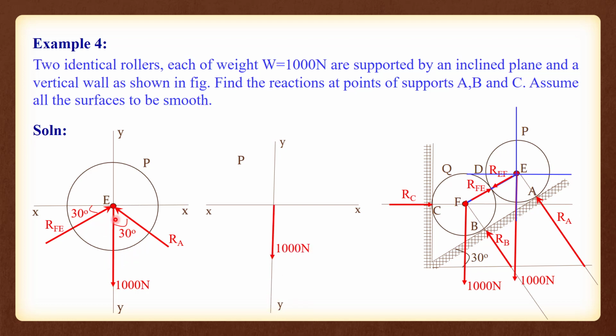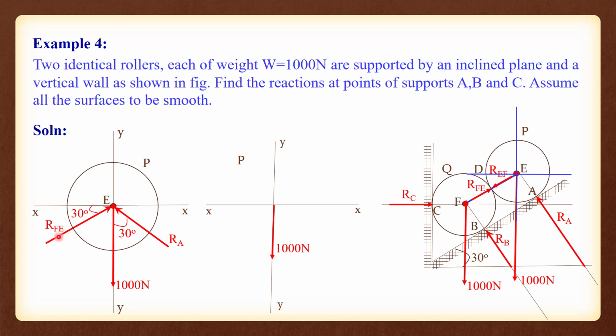Okay, now let us take one by one. The first one is the 1000 Newton. Since that is a vertical force, we can transfer that force here. Now let us take Ra, an inclined force which lies in the fourth quadrant. We can resolve this into two components, one along the x-axis and the other along the y-axis. Since the force is acting towards the point, the components also will act towards the point. So the horizontal component will be Ra sin 30 acting towards the point E, and the vertical component will be Ra cos 30 acting towards the point E.